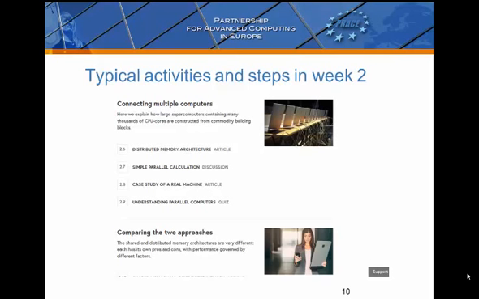That's distributed memory. And you can see there we've got a couple of articles, we've got a discussion, and we've got a quiz. And there are going to be videos here as well, but the videos are still getting finely polished. We haven't uploaded a lot of videos yet. But a typical week might be, say, 3 activities, each with half a dozen steps, articles, discussions and quizzes.